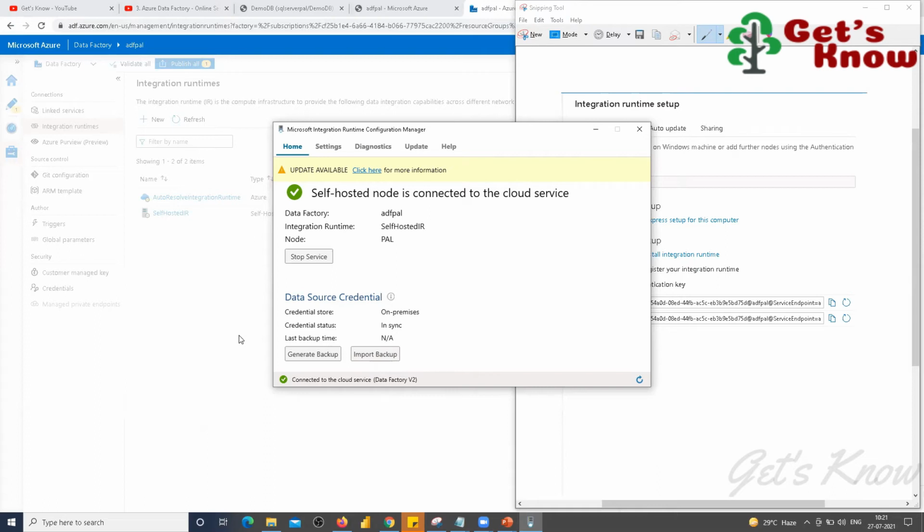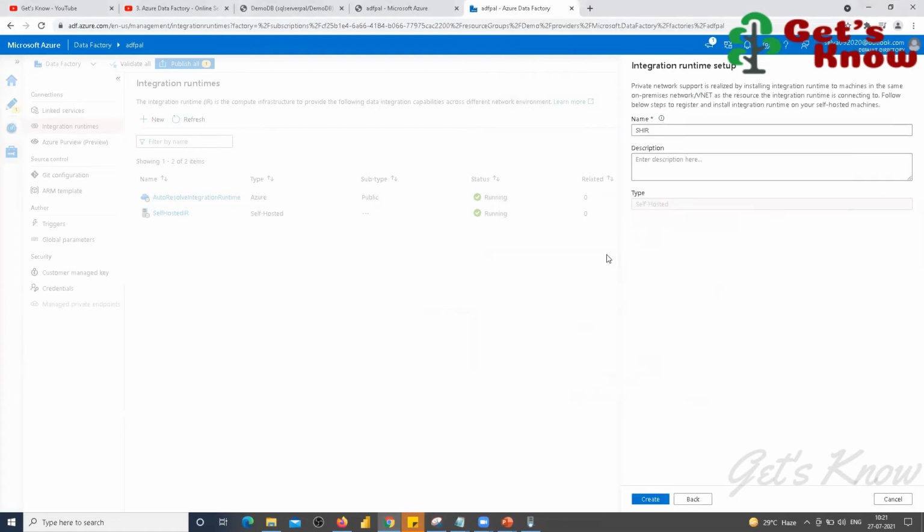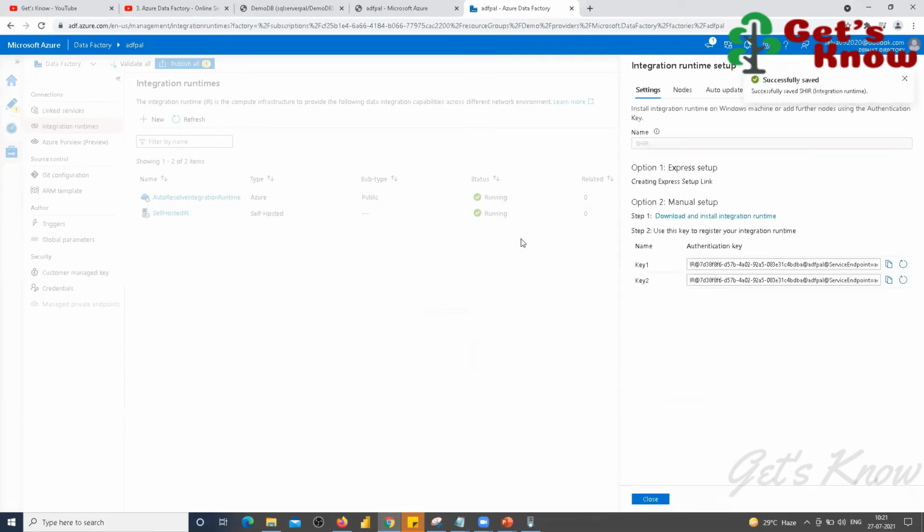So the Microsoft Integration Runtime Configuration Manager is important to connect your local system to Azure. Once authentication and everything is done, we don't want to create multiple things. Here I already had that, so I clicked next.